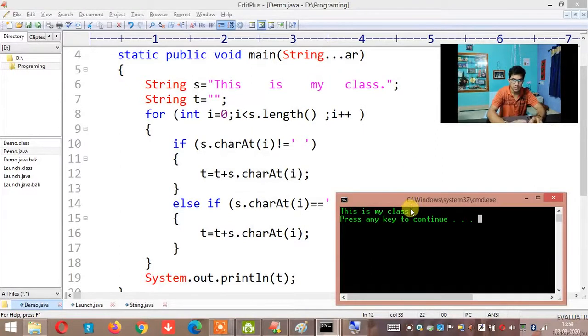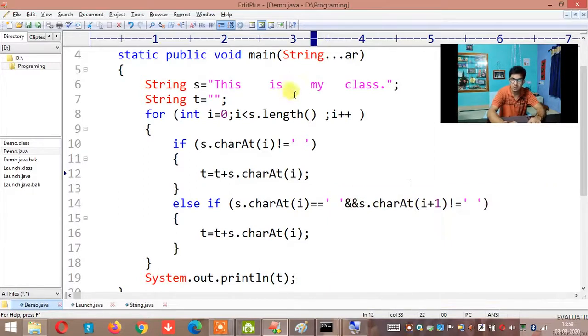So that's it for today's class. What I want you to do is think about trim functionality. Imagine you have this is my class. There will be spaces in the beginning of a string and end of a string. Without an inbuilt method, you can use the charAt method, length method and all simple methods. How do you remove these extra spaces? This is your homework.